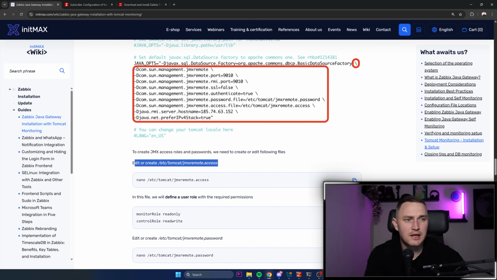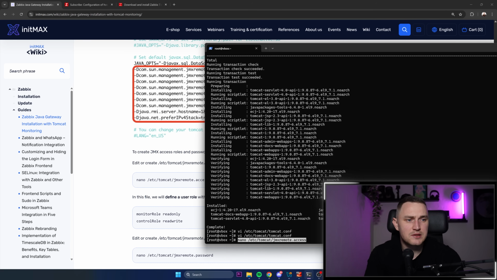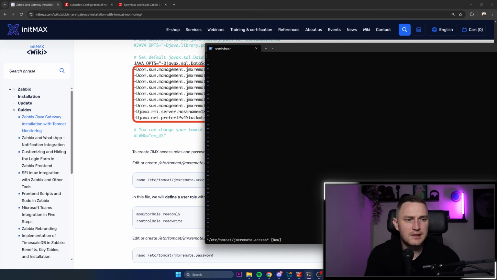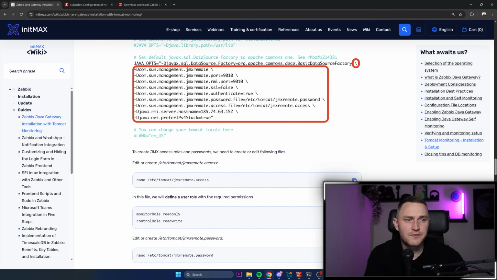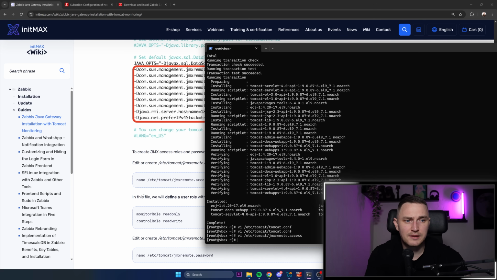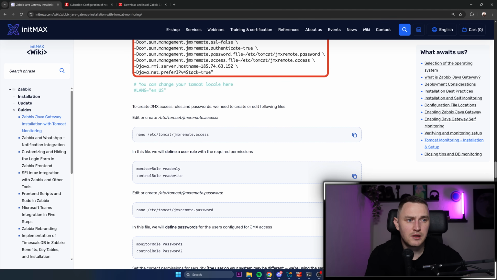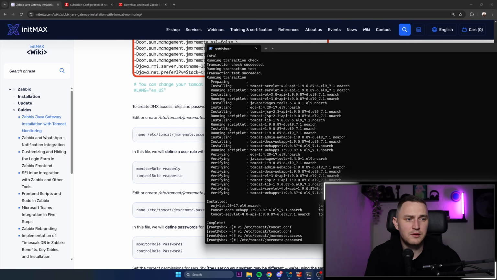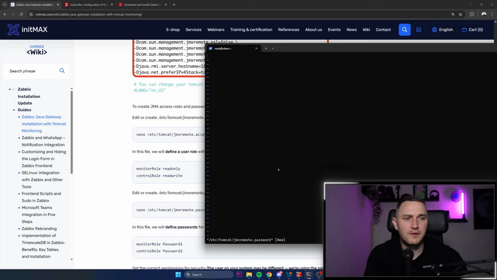Edit or create /etc/tomcat/jmxremote.access. So copy paste. I'm going to use vi instead of nano. In this file, we will define a user role with the required permissions. So copy paste. We define a monitor role, which is going to be read only, and a control role, which is going to be read and write. So write quit here, then edit or create the password file, which is /etc/tomcat/jmxremote.password, vi, and